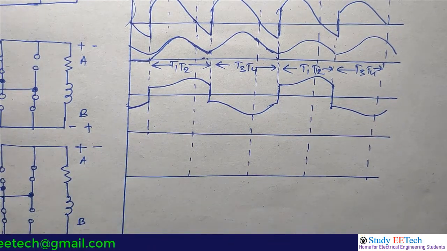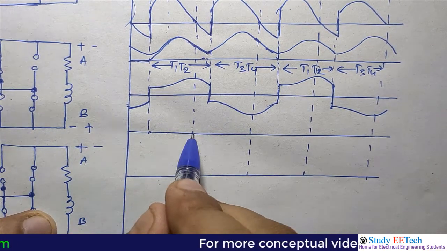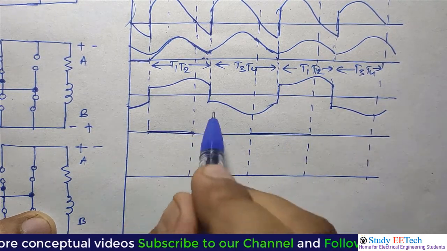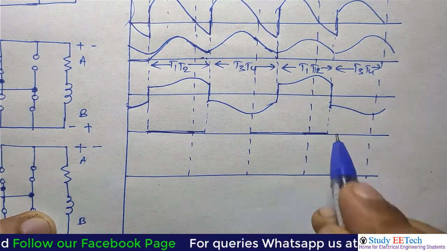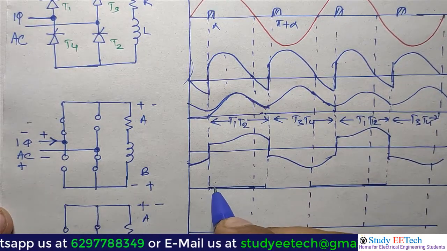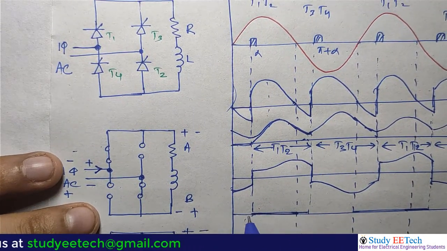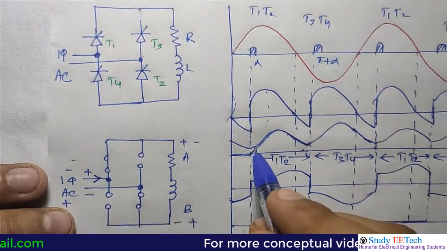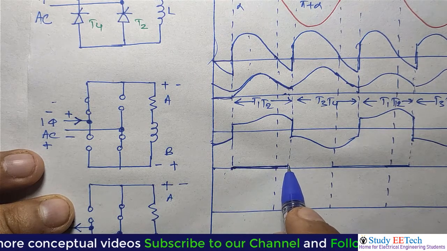Now we will draw the voltage across the devices. Okay, so now we see here, when T1, T2 is conducting, we will get 0 voltage. T1, T2 is conducting, 0 volt. Yes, it should be up to this point, and T1, T2 is conducting till this point is reached. So before T1, T2 is triggered, the equivalent circuit was this one. Before T1, T2 is triggered, from 0 to alpha, what is the status of the circuit? There was a negative voltage. Well, start from here. It will be better to understand if we start from here. So 0 voltage, T1, T2, okay, fine.